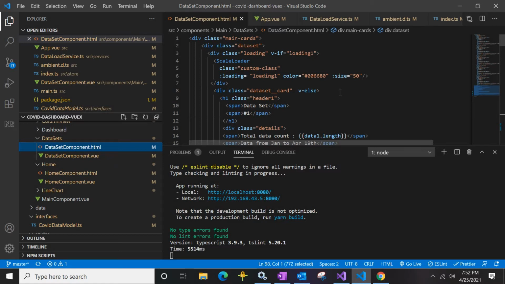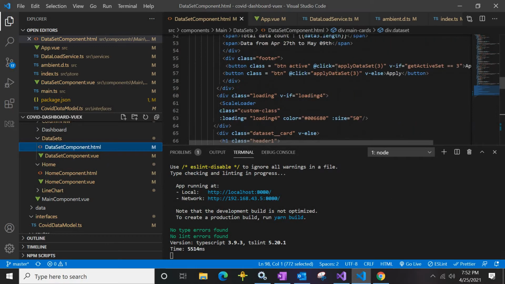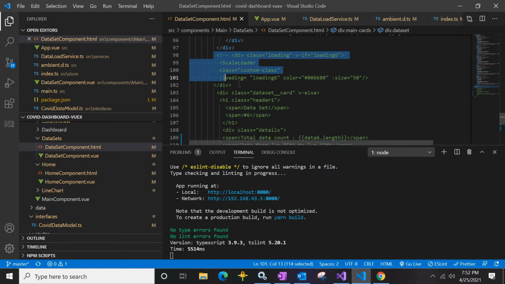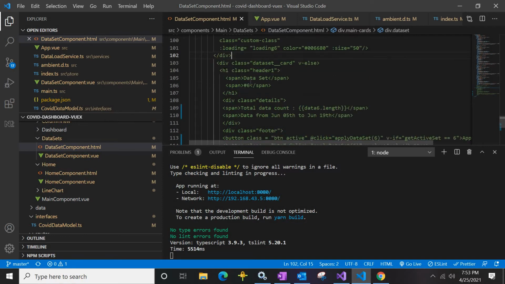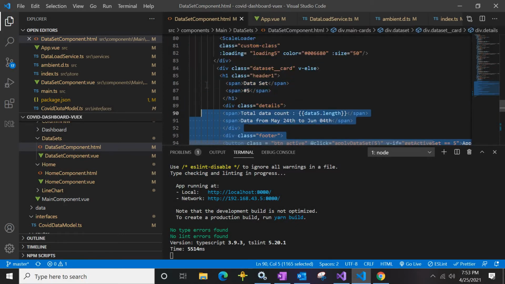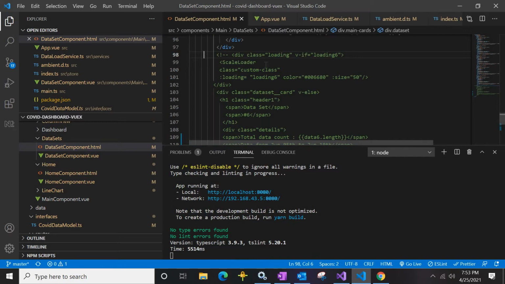Now we need a div to place all our content. Here is how things work: we have 2 sets of div. One will be the loading section, for which we are using another package, and the other is the actual div. I already added that code, so we will just uncomment it.